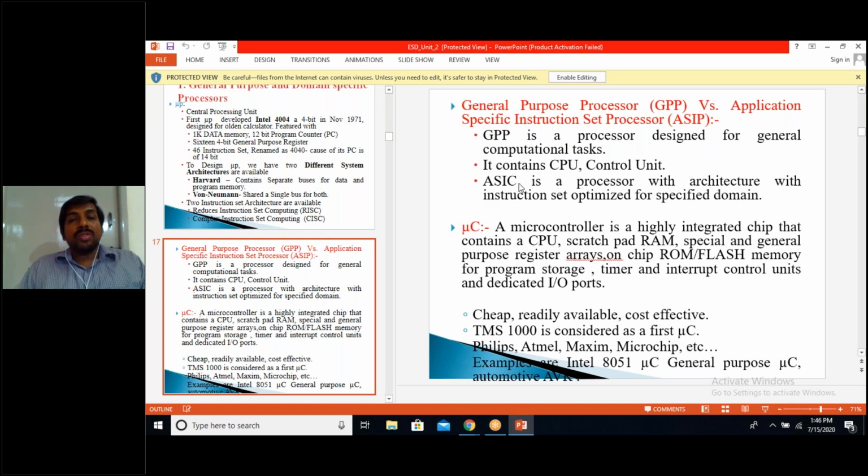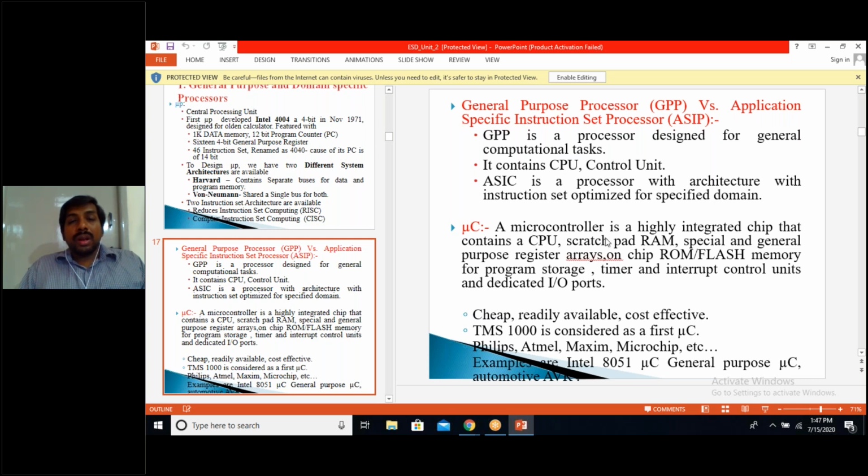So based upon the vendor, he can use an existing processor, or he can create his own processor. If he is using his own processor, he has to manufacture it from some other fab unit, that is called ASIC. Compared to microprocessors, microcontrollers are mostly used for embedded system applications because of their inbuilt